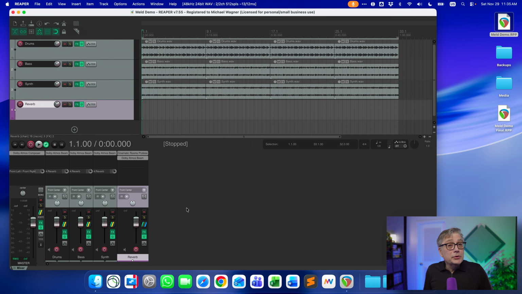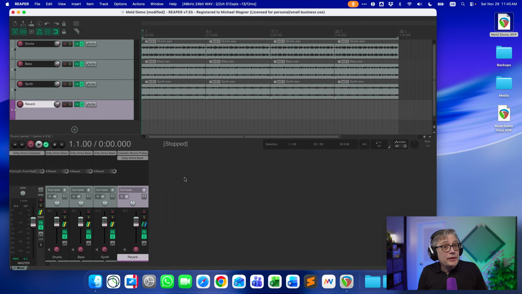Now I'm going to work with Reaper today, and I'm going to work on a Mac, and as it turns out, this will actually become an issue because Meld has a bug that makes it really unusable with Reaper, but we will be able to at least go through all the features of Meld so I can show you essentially how Meld works. And once we get to the bug, you will see it and it will kind of shock you. But before I get to that bug, let's first have a brief listen to what we have here.